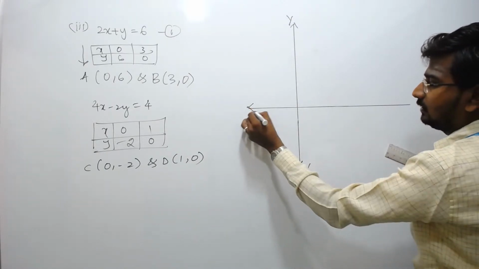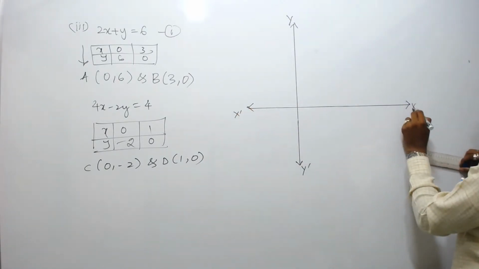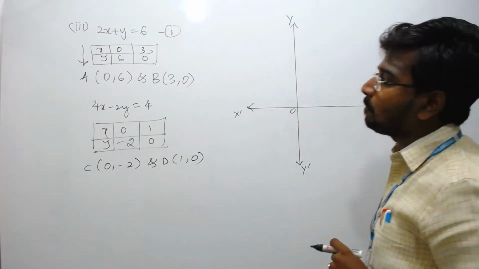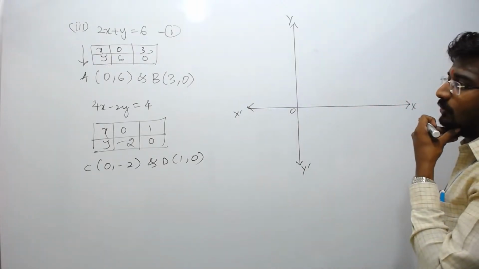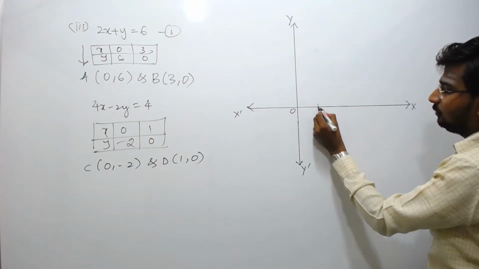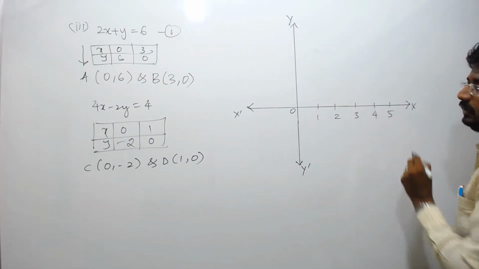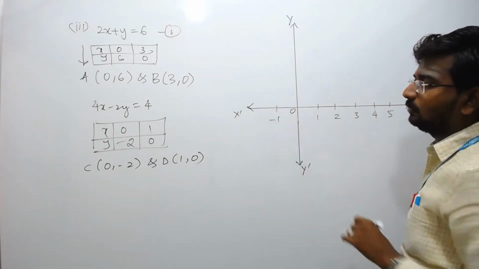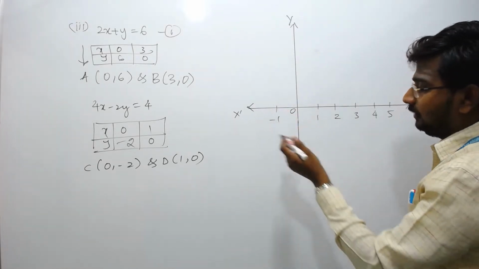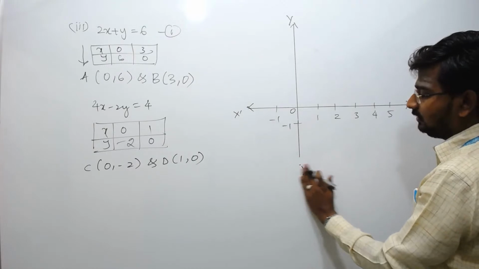Y dash, x dash, x with origin. So the positive value of x maximum is 3, so I'll take one extra: 1, 2, 3, 4, 5. There is no negative, so I'll just take minus 1. The y value we have is minus 2, so I'll take minus 1,